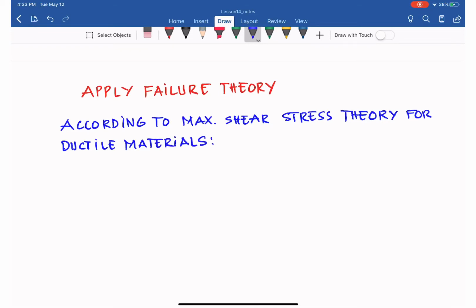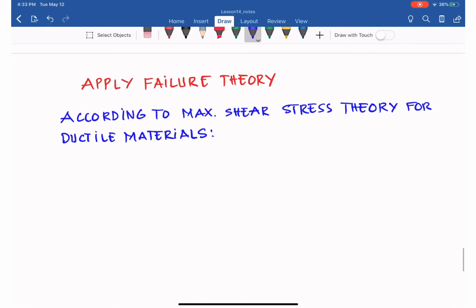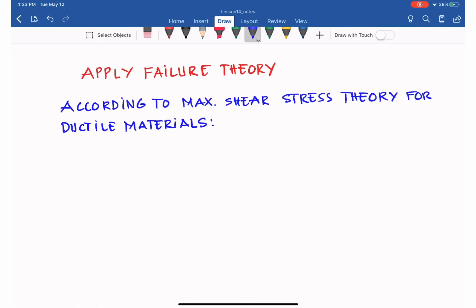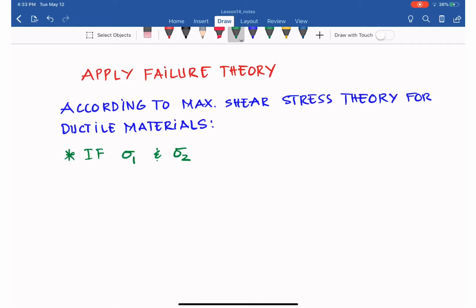what are ductile materials and what are brittle materials? Go to lesson 3, material properties. You will review that. Then we have a few scenarios here. If you find sigma 1 and sigma 2, the principal stresses, from the Mohr circle or equation, and they both have the same sign, either positive or negative,